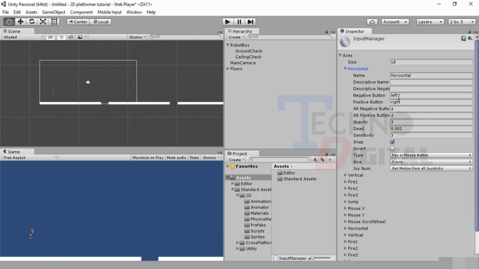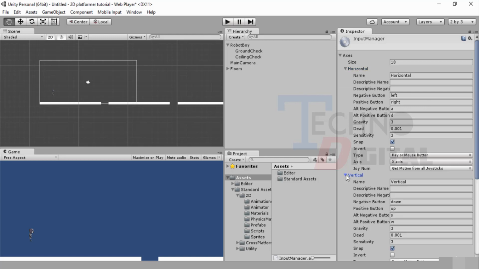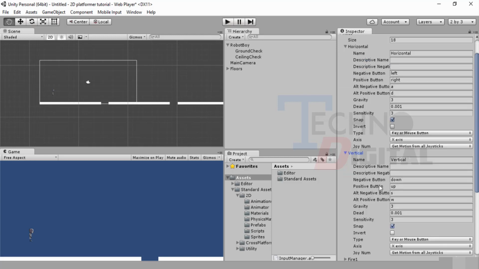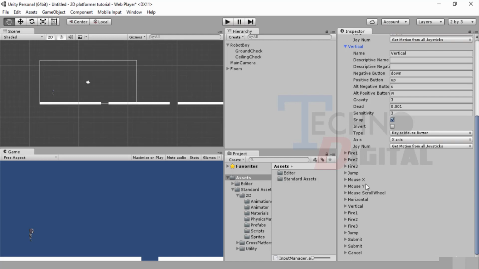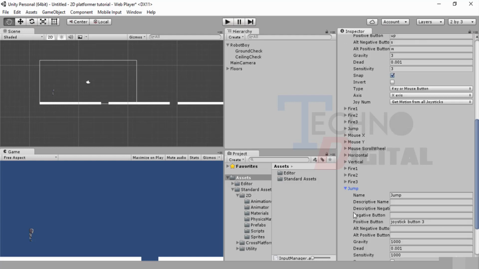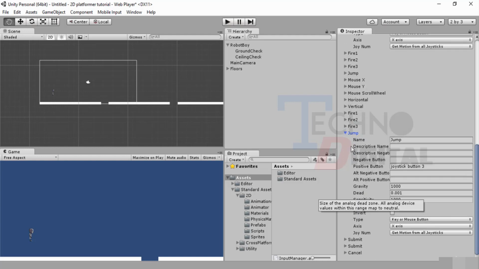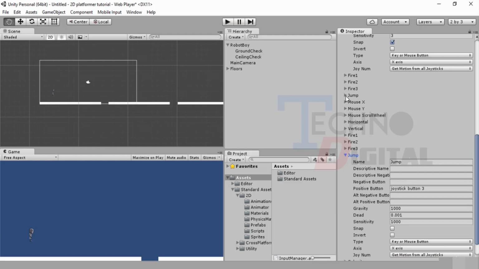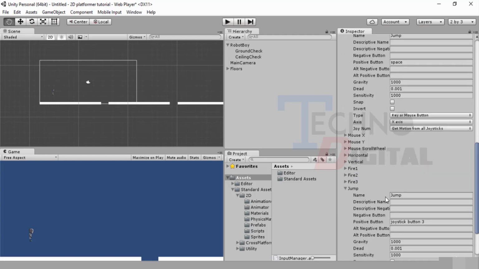So right now we have left and right already determined with the horizontal input controls. Now we go to the vertical and the jump as well. We will have similar functions there. So here we have up and down. In this game, we are not using the up and down movement as we are doing a left to right scrolling game. But let's go to the jump setting. I want to show you something else here. We have lots of features underneath here for jump as well. This is for joystick control. We're not using joystick here, so we'll go to the normal section for jump,